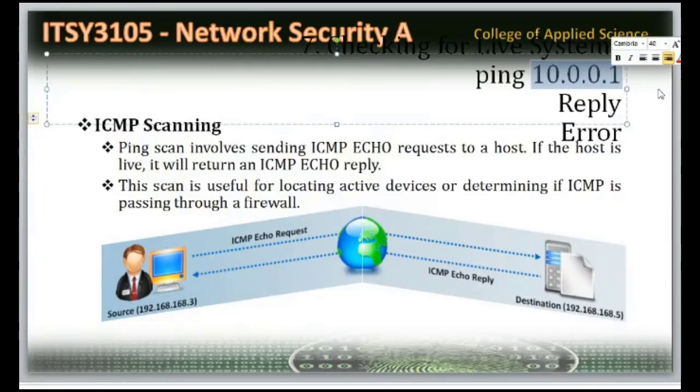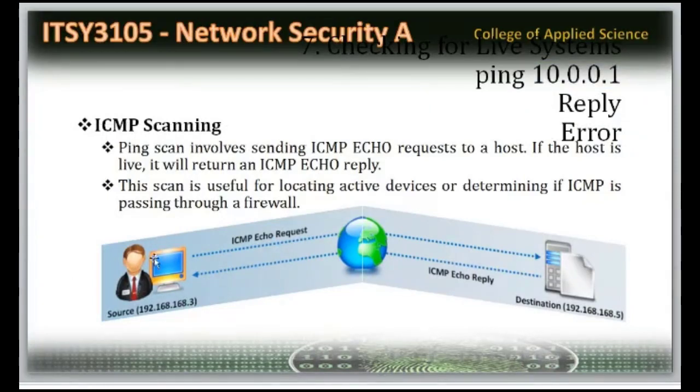So this machine is available somewhere. I don't know in which country this machine is available, but I know the IP address of this machine. So I'm just going to sit in my machine and give a ping command to this machine, ping 10.0.0.1. If I get the reply from that machine, I'm going to say the machine is alive. The machine is working. If I'm not getting a reply, I'm going to say the machine is switched off. The machine is not available. This is the first technique, a very simple technique.